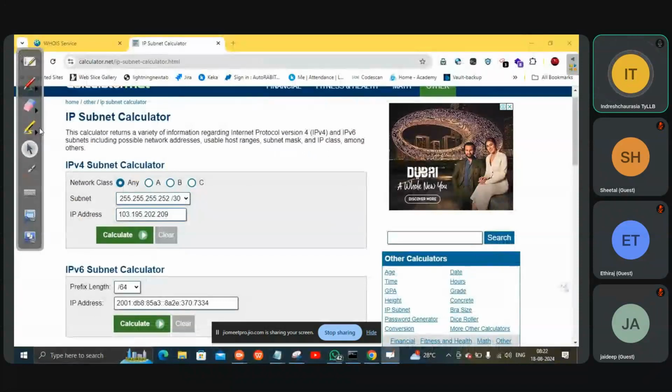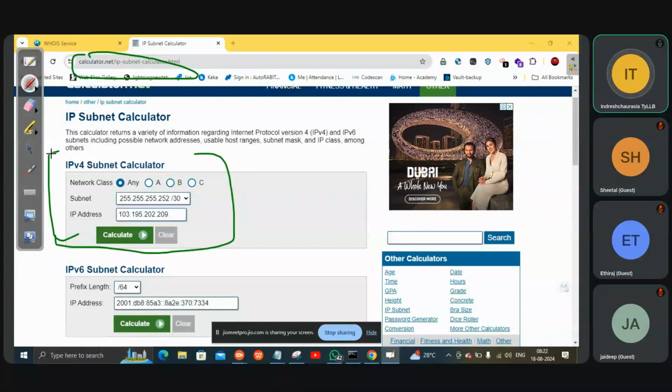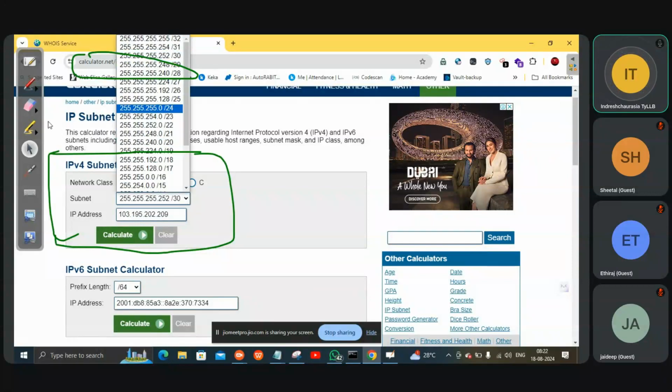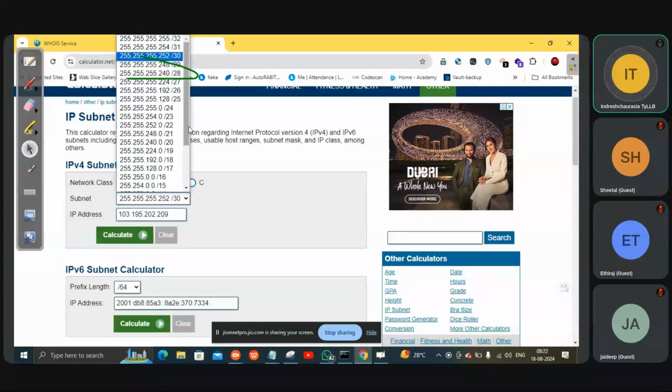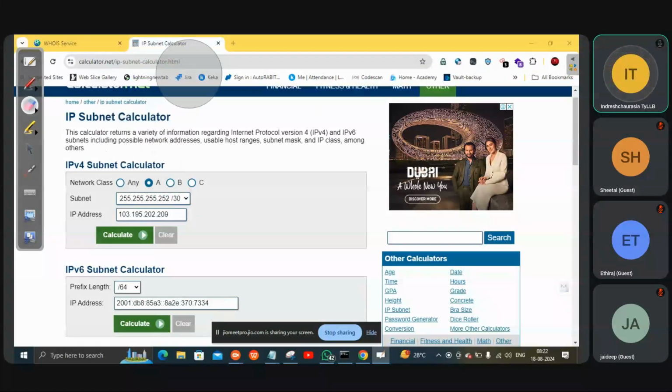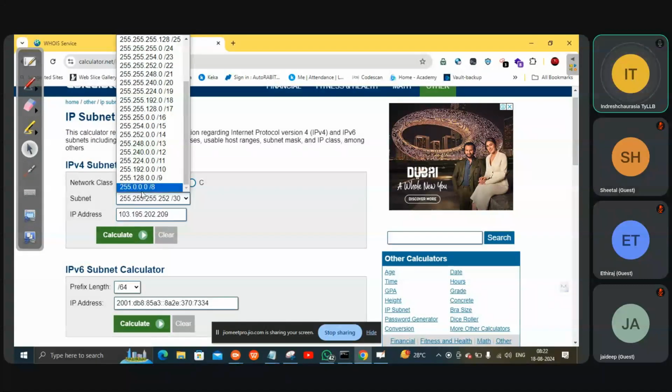Here you will see this is an IP subnetting calculator available for IPv4. If you put in any number, it will give you the range. Can you see this whole list of numbers?